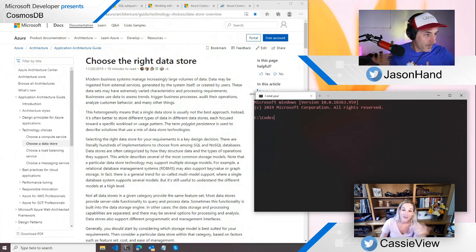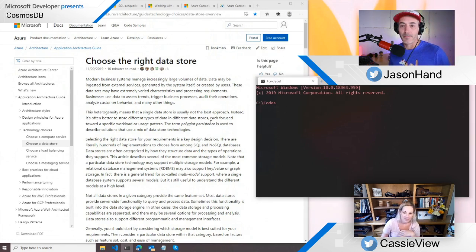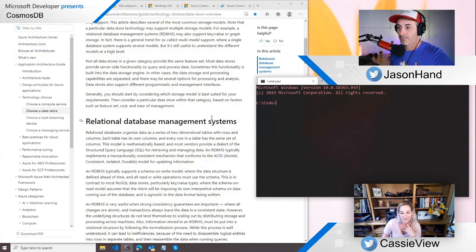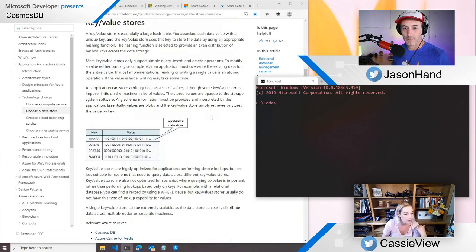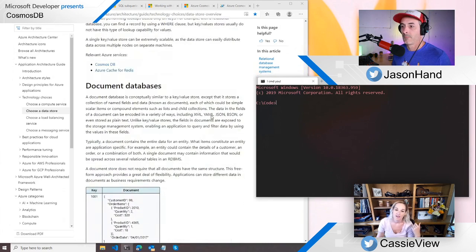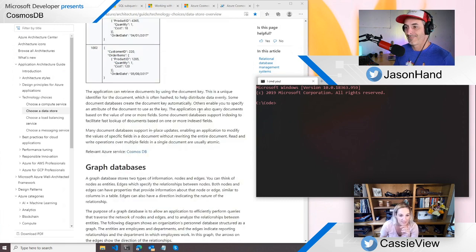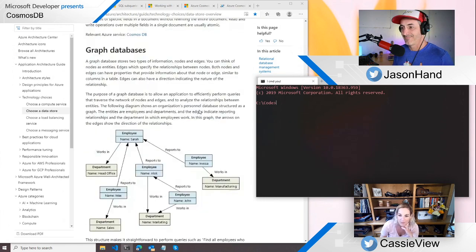Okay, so choosing the right data store. We kind of talked about that, like when you're starting to design an application, what should you use? I was looking through here and thinking about how you would decide which one. Jason will give you these links as well, so you can read through it. I have not played with graph databases yet, and I feel like that's something I need to play with at some point too.